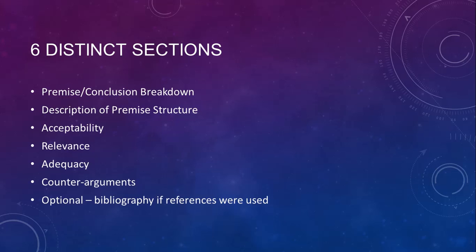Yes, so what I'll do is, I have not yet done this, but I'm going to get permission from somebody from last semester who wrote an A or A+ argument analysis, and I'll post it on the Blackboard. It won't be exactly this structure because we had them writing intros and conclusions, but we'll give you at least one example, hopefully more. I have to ask for permission first, but of what an A+ version of this looks like.